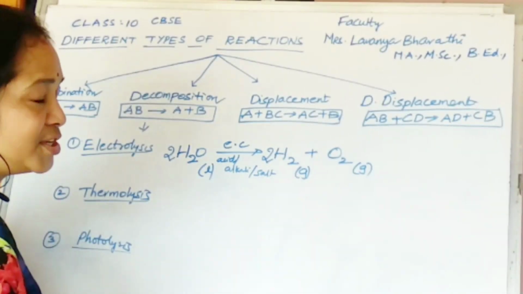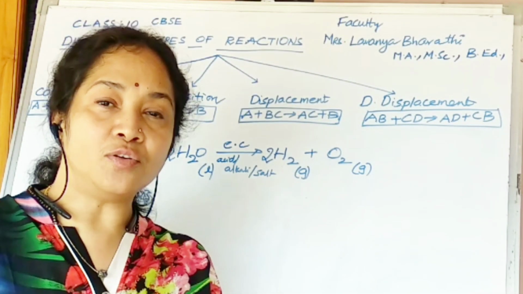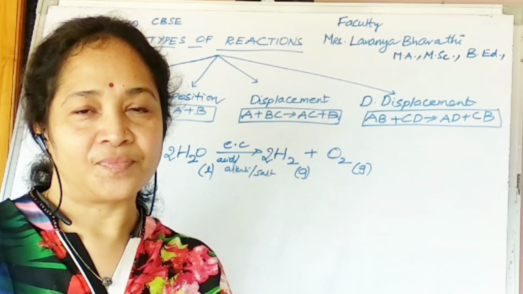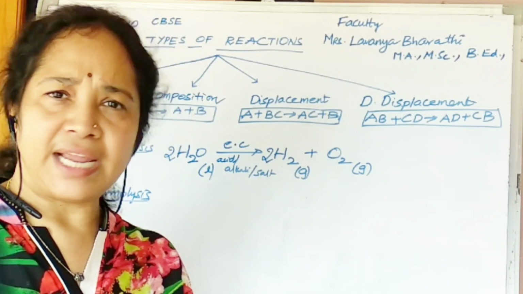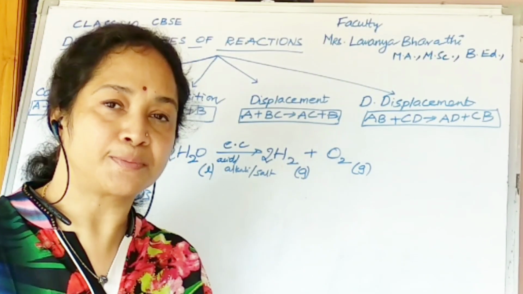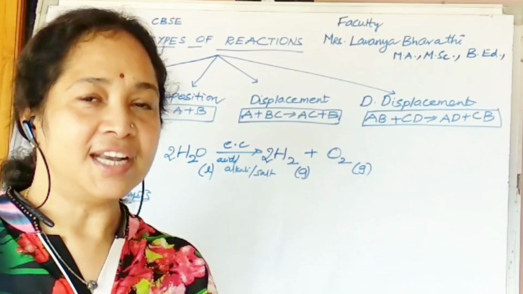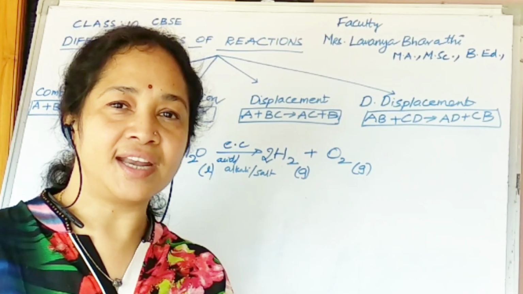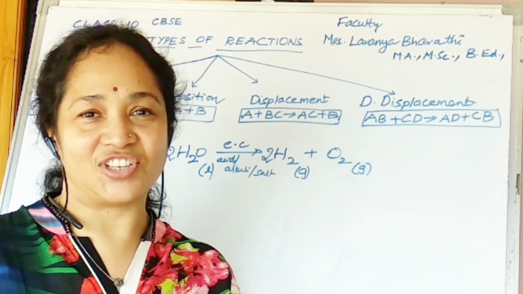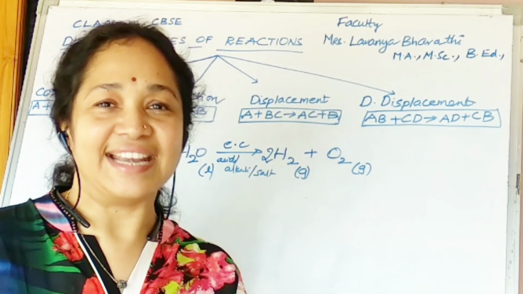Now we move on to thermolysis. Thermolysis, the term itself is telling you about the heat energy. See here, there are many examples, like there are 3 important examples for which you will be performing experiments in the laboratory. That is decomposition of calcium carbonate, decomposition of ferrous sulfate and decomposition of lead nitrate. Today I am going to explain only one example, that is lead nitrate.